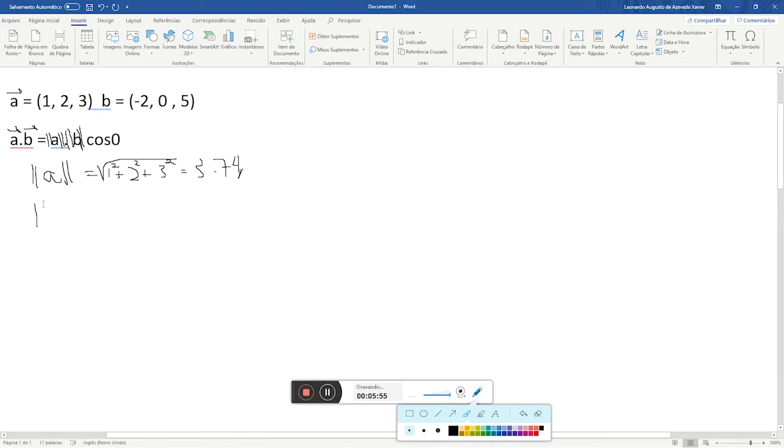Okay, now we have to find the length of vector B. That's going to be the square root of -2 to the power of 2 plus 0 to the power of 2 plus 5 to the power of 2. That's equal to 5.385. Okay, so now